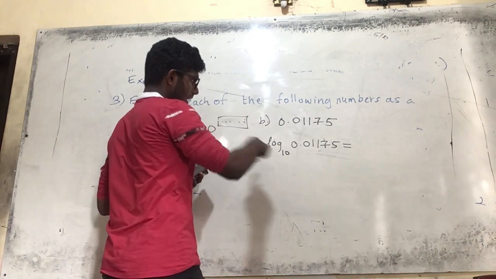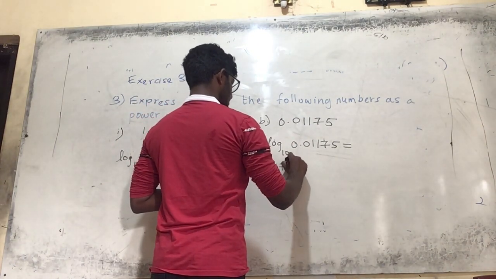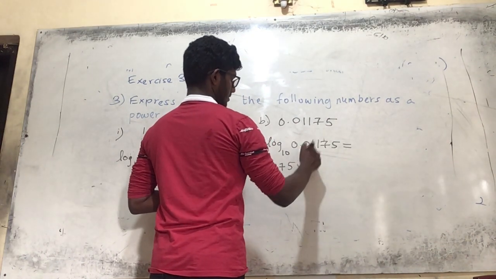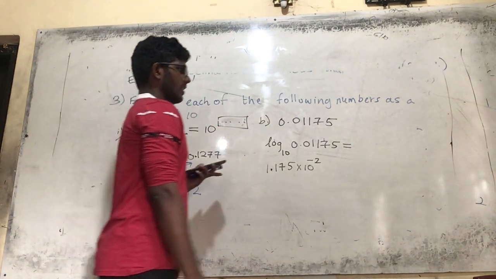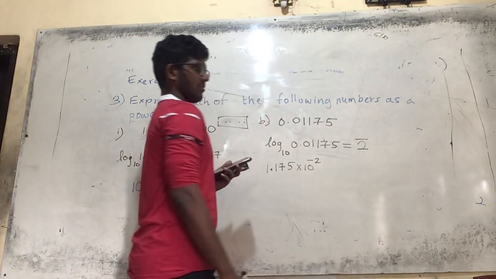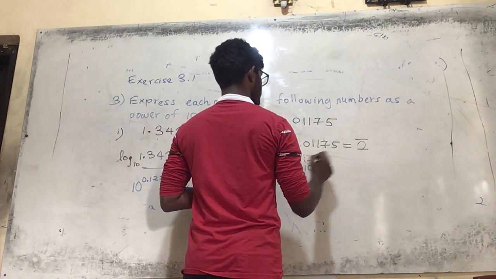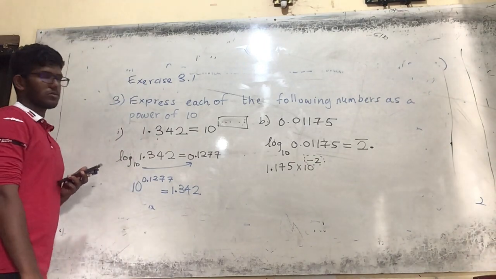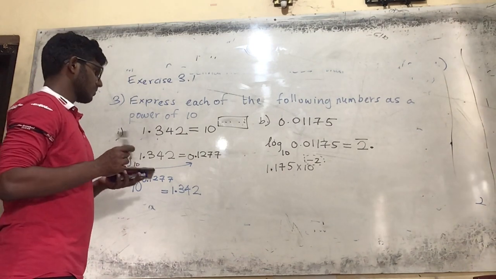First you have to write this in scientific notation, right? So you write 1.175 times 10 to the power minus 2. Then the characteristic is bar 2. I'm taking the logarithm: bar 2 point, then for 1175 instead of 1175,